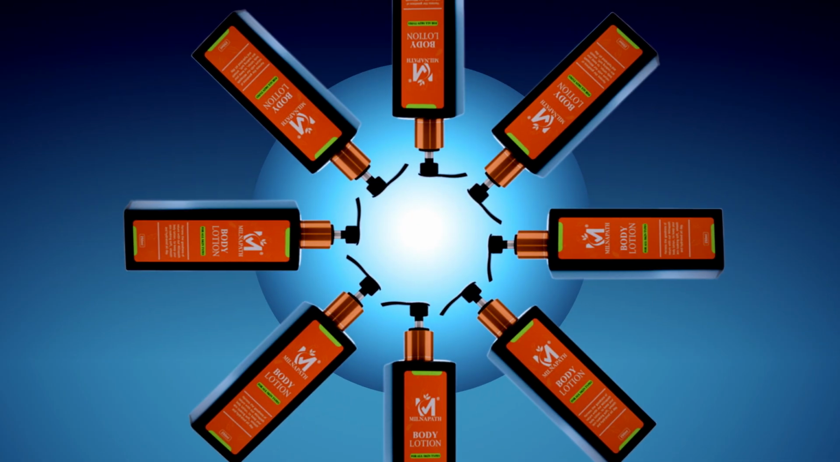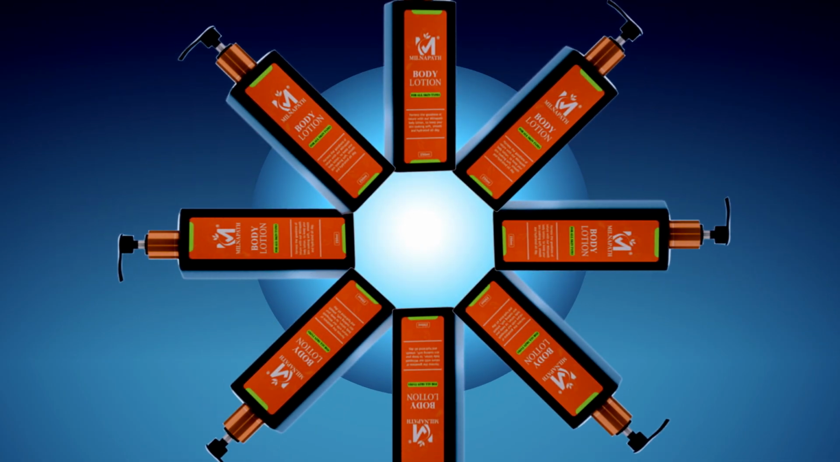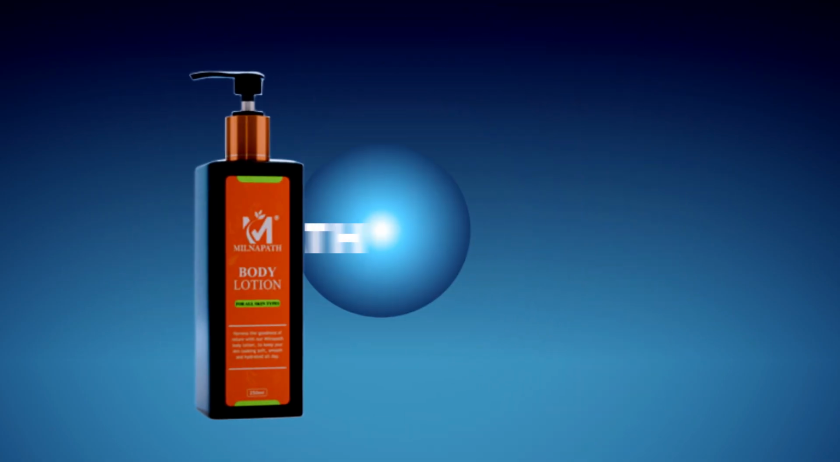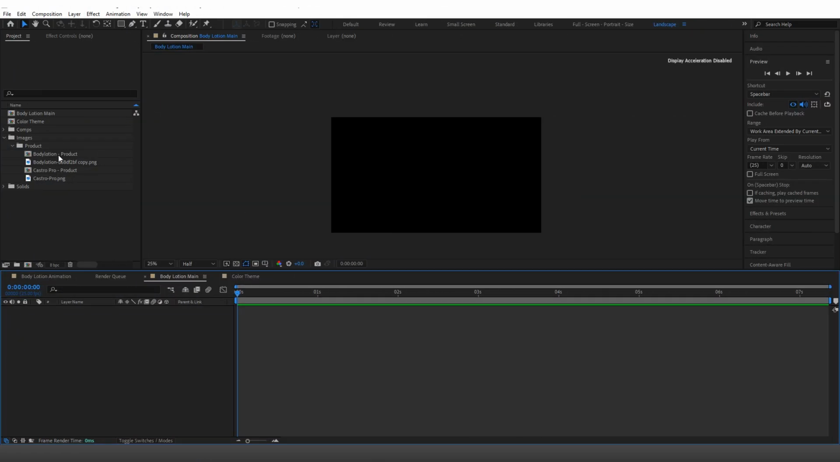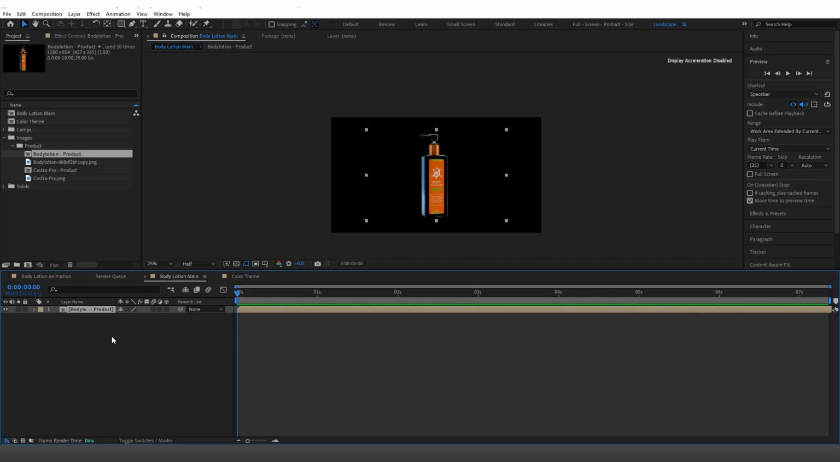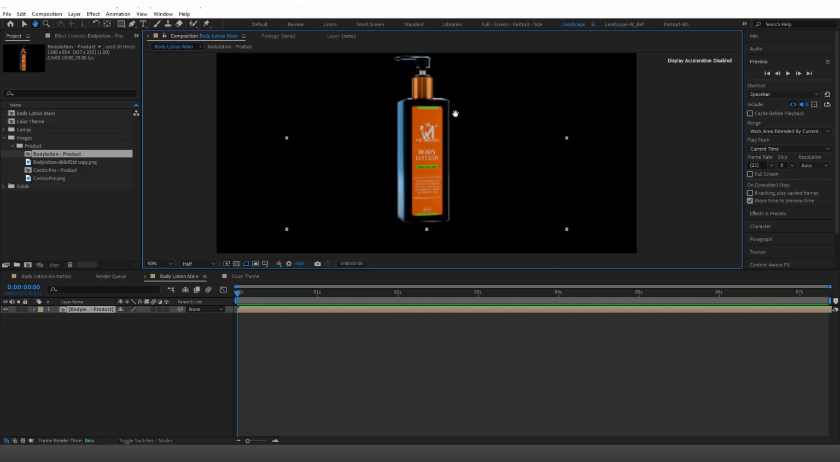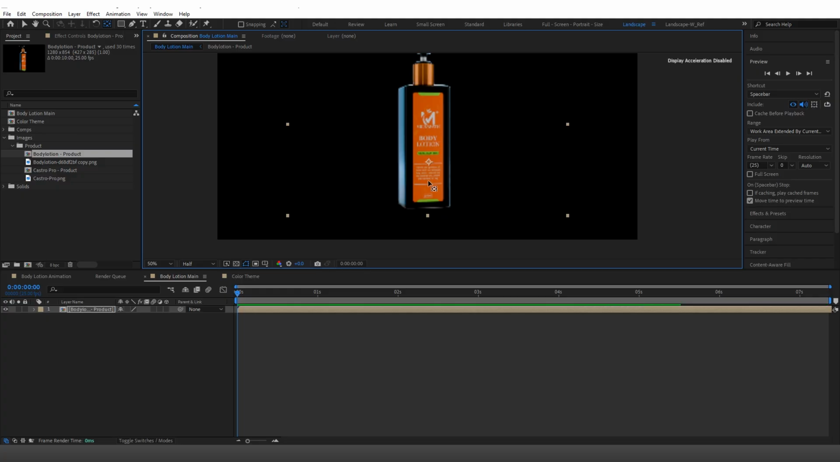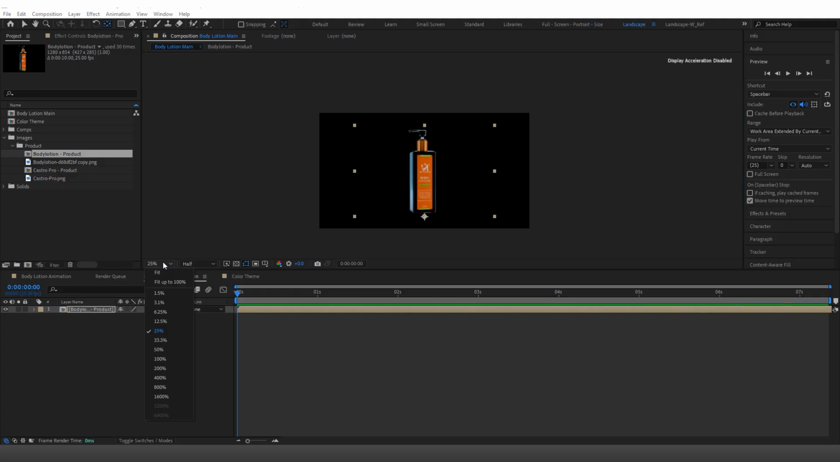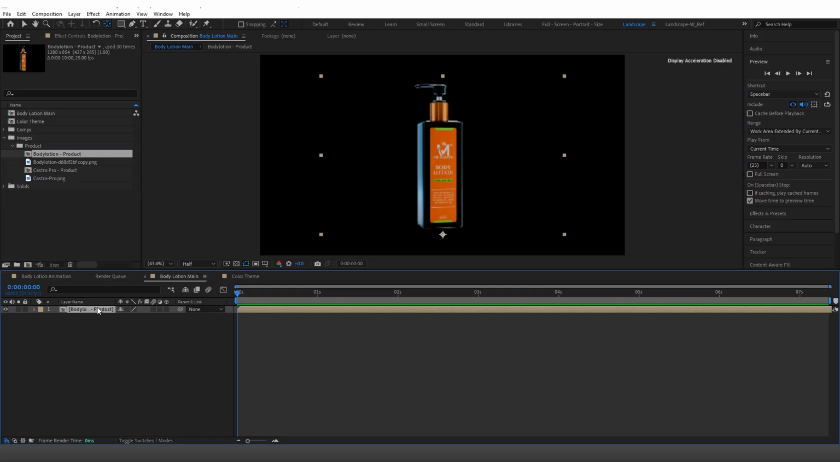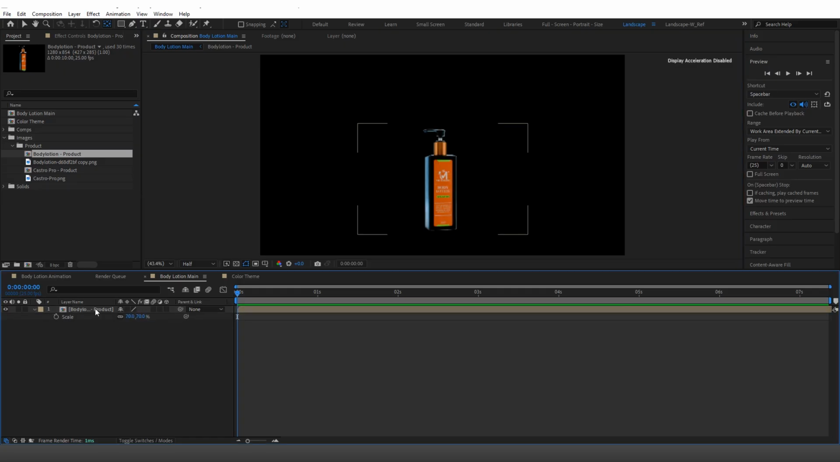In this video, we're going to be creating a 2D product reveal animation in After Effects. Let's add our product. I'm going to select the anchor point tool and reposition the anchor points at the bottom of the product. And we're going to scale it down to 70. Press P and readjust the position values to